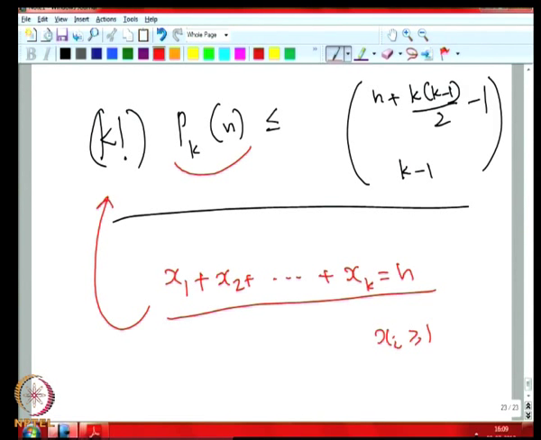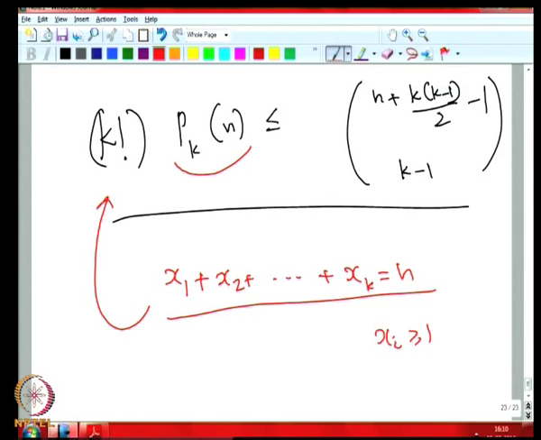That means we can have different orders for the values assigned to different variables. For instance, whatever is assigned to x1 first can be assigned to x2 later, and so on, and get a different solution. If that is the situation, then we could have written the number of solutions, namely n minus 1 choose k minus 1, as an upper bound. We cannot do it